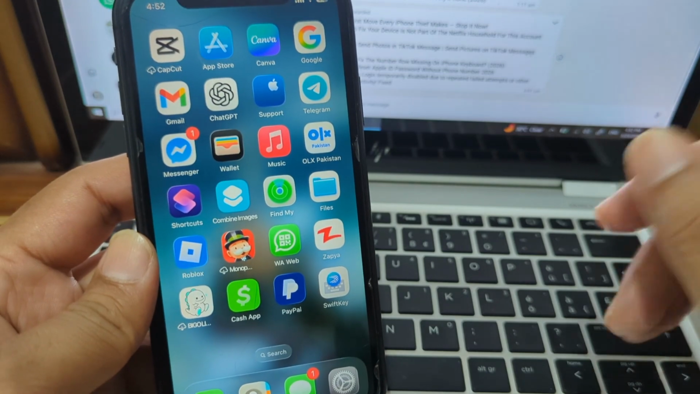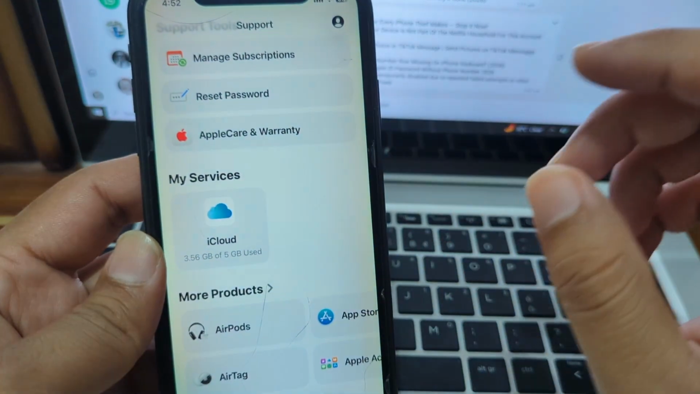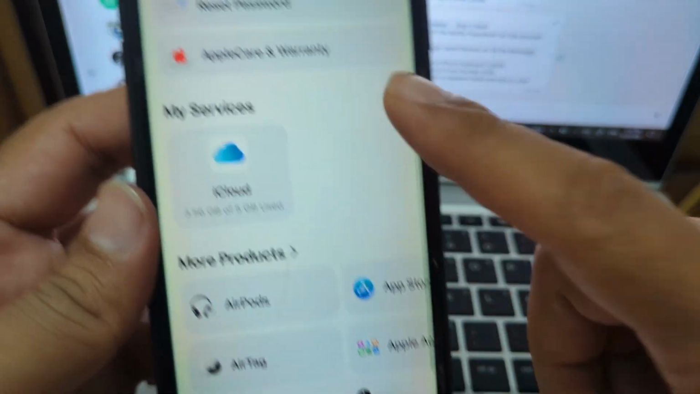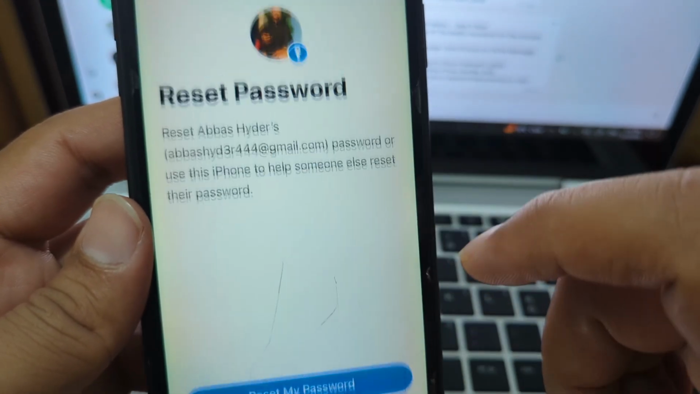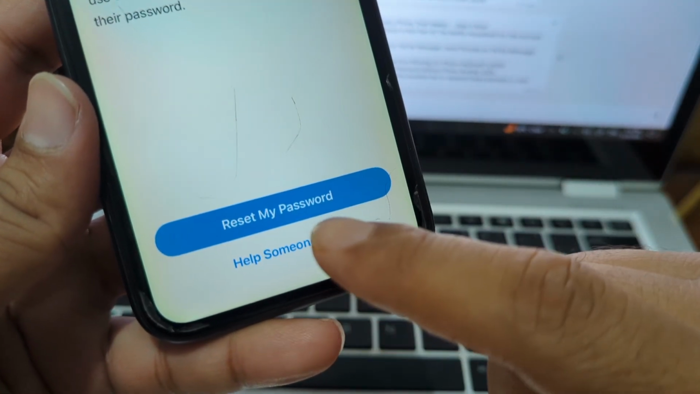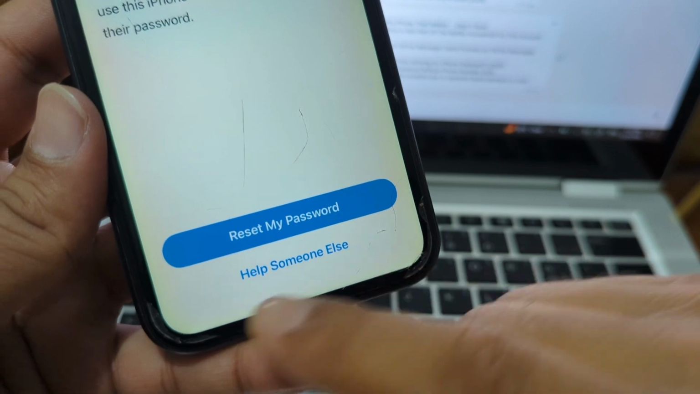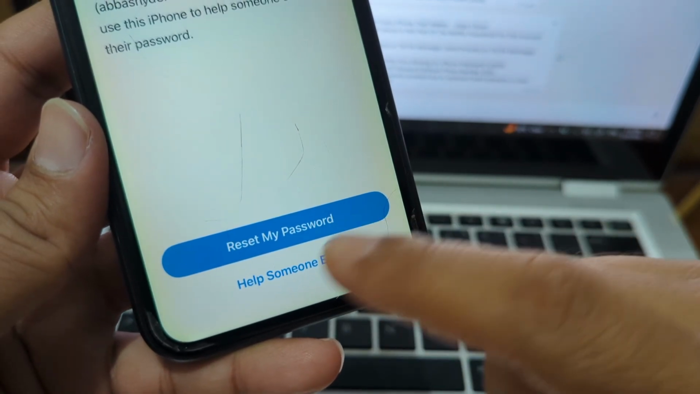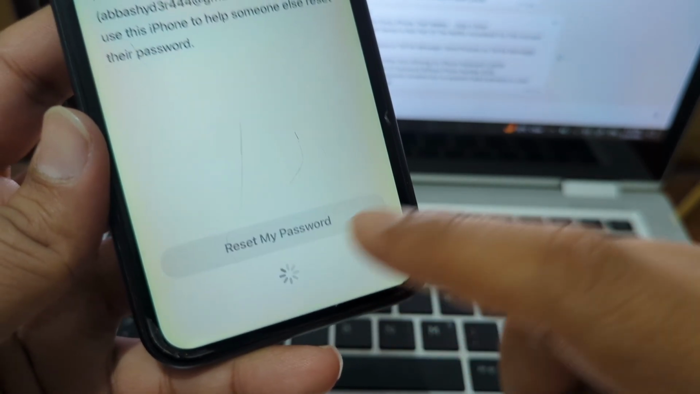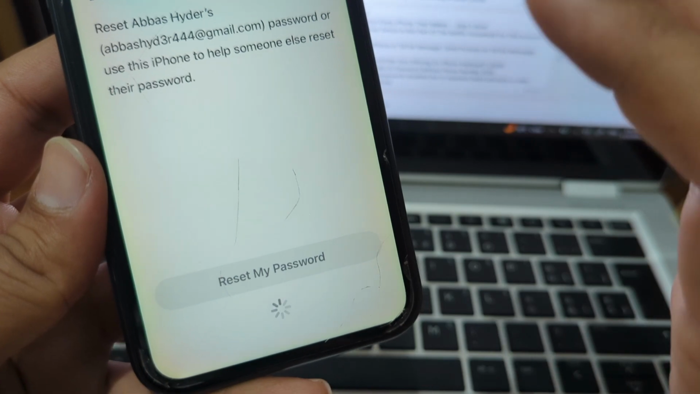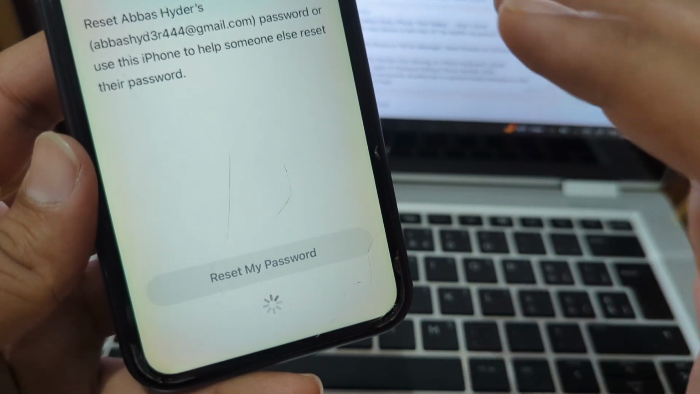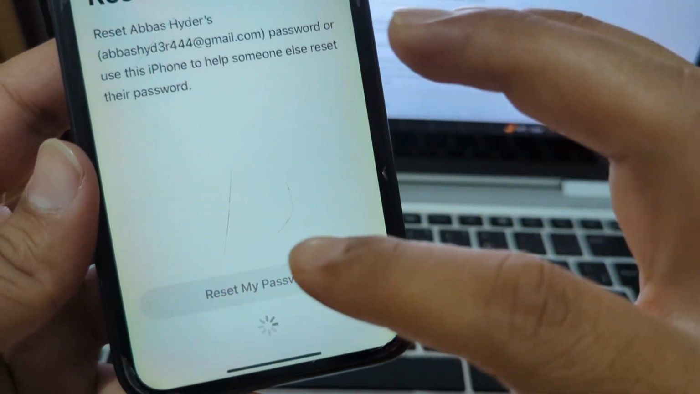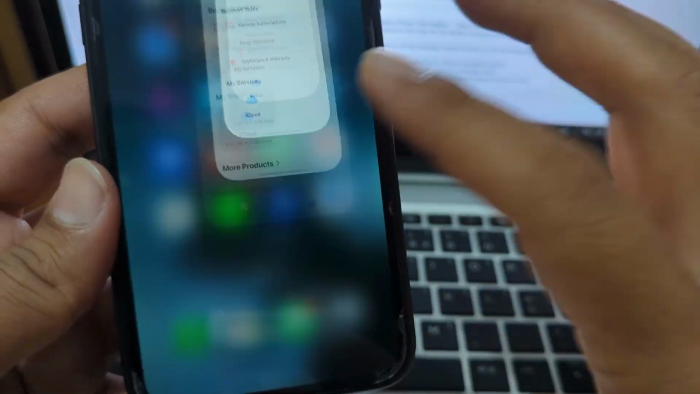So guys, the first way is that you have to simply open the Support app, and then here you will see the reset password option. Simply tap on this, and then from here you can reset your password, and you can also help someone else to reset the password. So guys, you have to simply choose anyone, and after this you have to simply follow the instructions to reset the password of your Apple ID. So guys, this is the first way, and the second way is that you have to simply go back, and